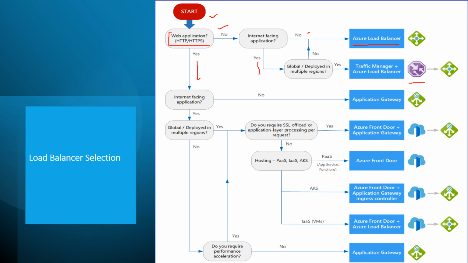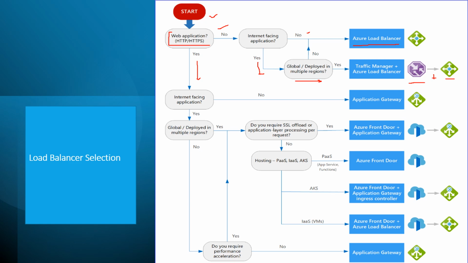If your answer is yes, my application is internet facing and it is deployed across global regions, you can go for a traffic manager, and you can also go for a combination of traffic manager plus load balancer. It needs endpoints to be configured, and those endpoints can be behind your load balancer. They can be standalone, which we are going to take a look at when we do the labs and explain the